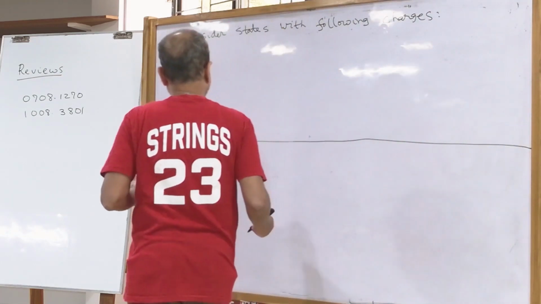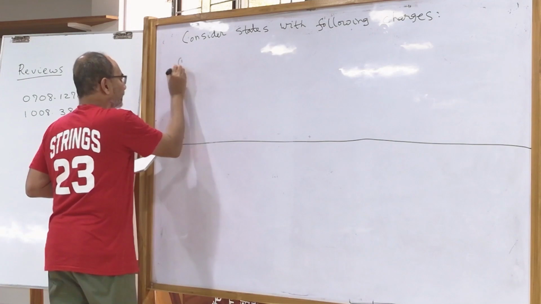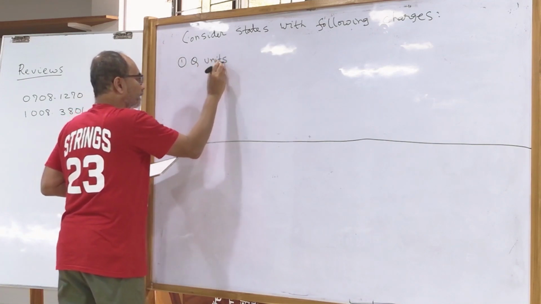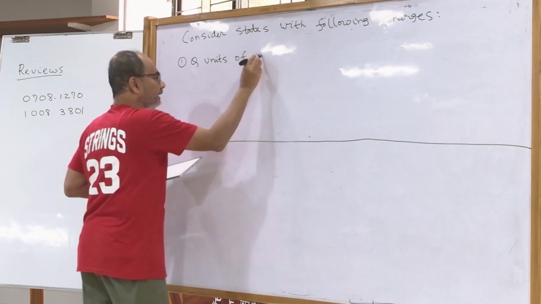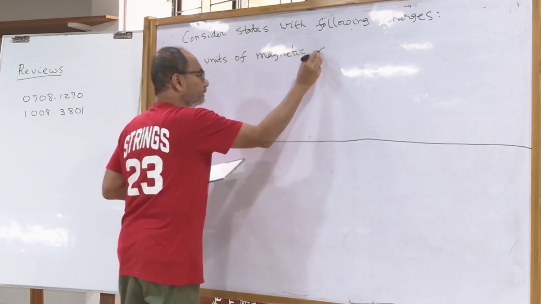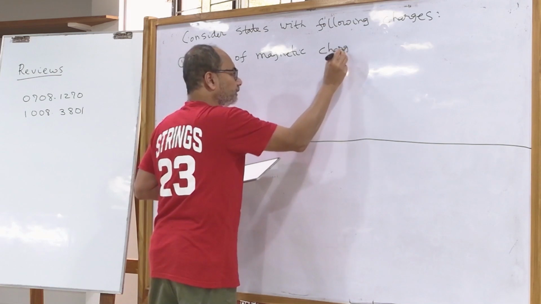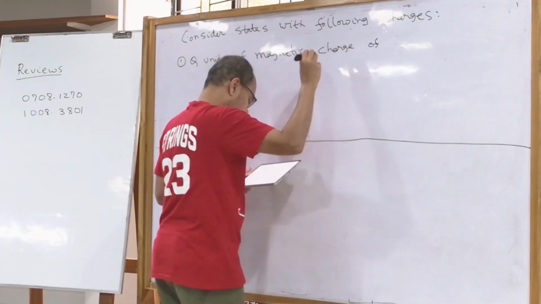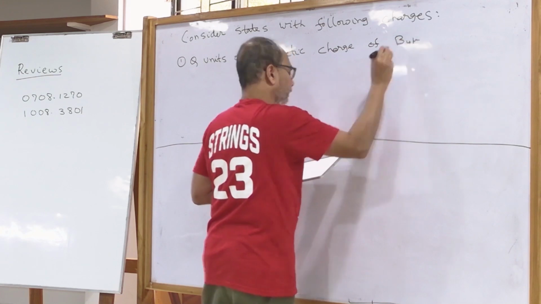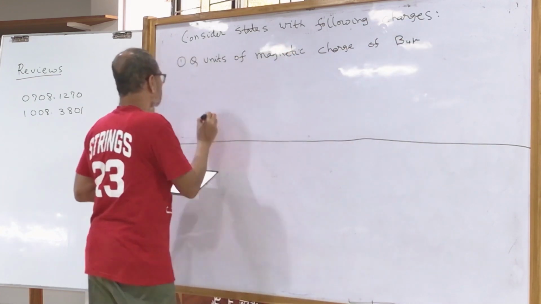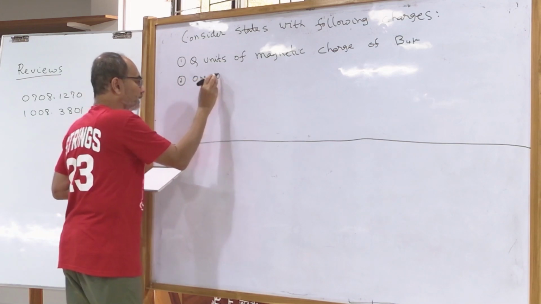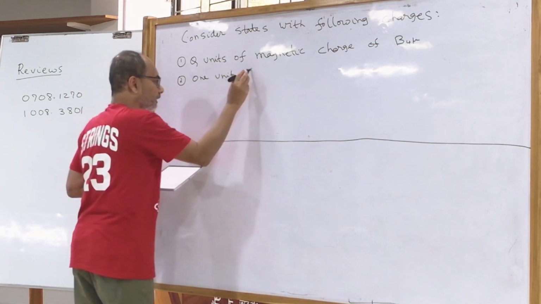So the charges that we are going to choose are Q units of magnetic charge of B_4 mu, one unit of